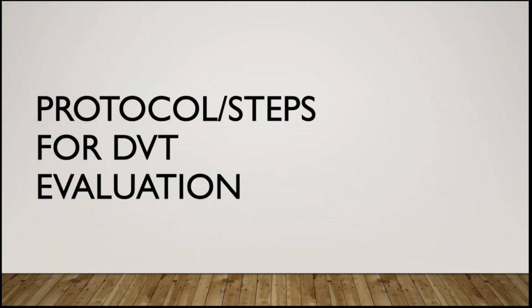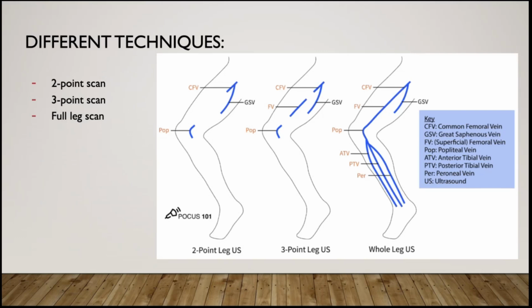So some of the protocols and steps for DVT eval. When I was looking through, I did find a few different approaches. There's a 2-point scan, which is kind of a quick and dirty way of evaluating. Essentially, what you do is you look here in the common femoral vein region. You look about 1 to 2 centimeters below where the great saphenous vein is draining into the CFV, 1 to 2 centimeters below and 1 to 2 centimeters above. And then kind of the same thing here in the popliteal fossa. You look at the popliteal vein, 1 to 2 centimeters above and below where it trifurcates into those 3 veins that